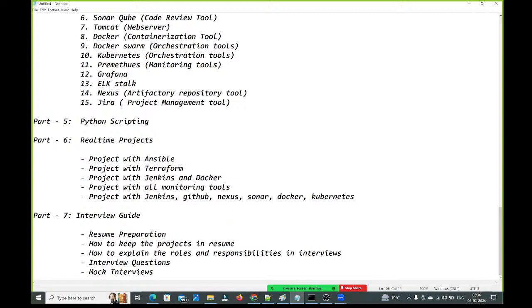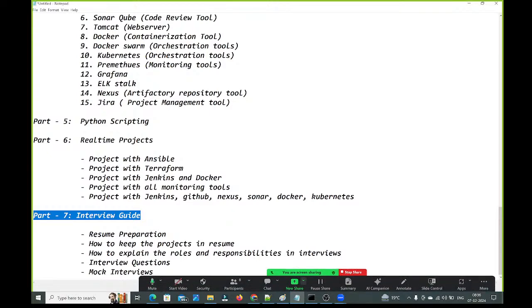All these things we are going to cover in part 7, guys. Is it clear? Observe carefully.